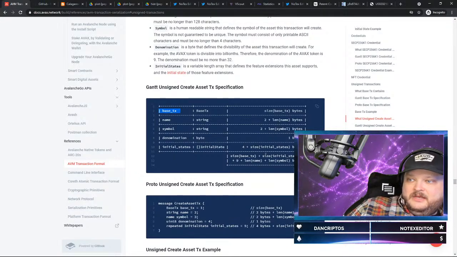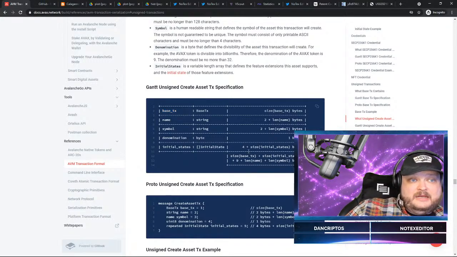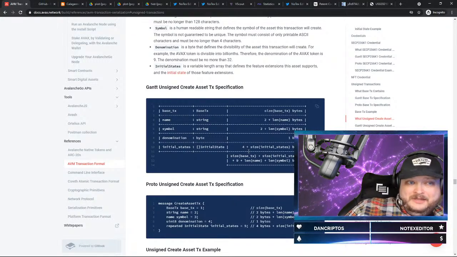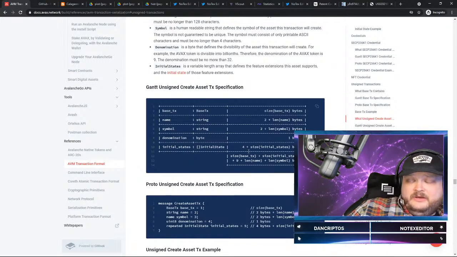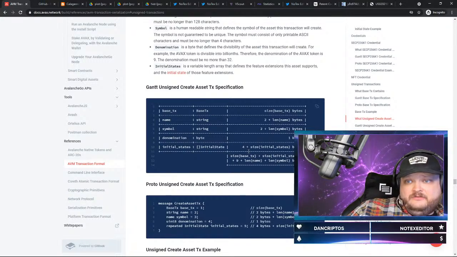And so it's going to be a lot to parse through this transaction format. It's actually kind of complicated. And I'm going to take some time to actually do that at some point. Probably next Wednesday. Maybe Friday, if I got it in me to do it. But this is a good start to understanding the X chain and how it's actually built.